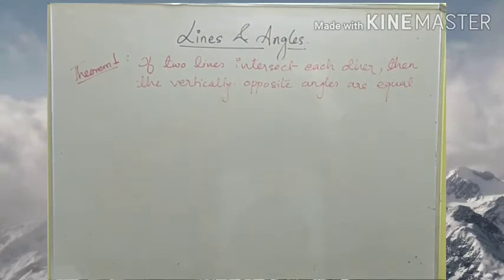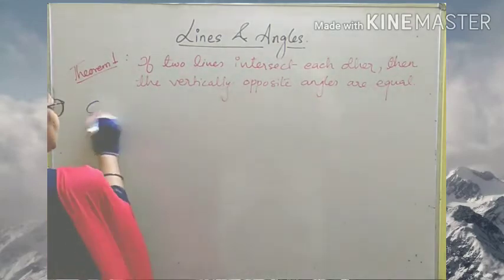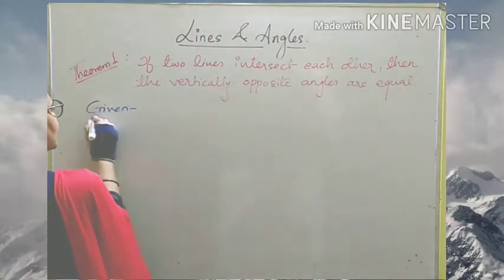अगर ये दो कॉन्सेप्ट क्लियर हैं आपको, तो you will be able to solve any problem or you will be able to prove any theorem. And when we are proving a theorem, we have to follow a format. Whenever we are writing or proving a theorem, we first have to write what is given to us.